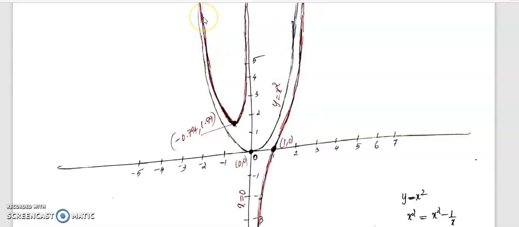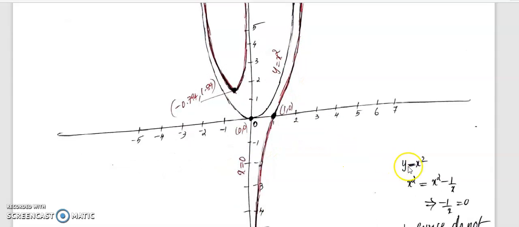Okay, so the graph starts from minus infinity. So minus infinity to minus 0.794, the graph is decreasing, and it will have a relative minimum point here. And from minus 0.794 to 0, the graph is increasing, and it is concave up in minus infinity to 0, and again 0 to 1 വരെ increasing ആയിരിക്കും, concave down ആയിരിക്കും, and 1 to infinity again it is increasing and it is concave up. So at 1, 0 concavity is changing,